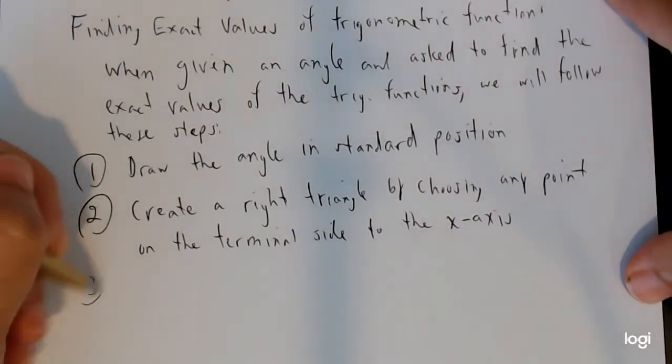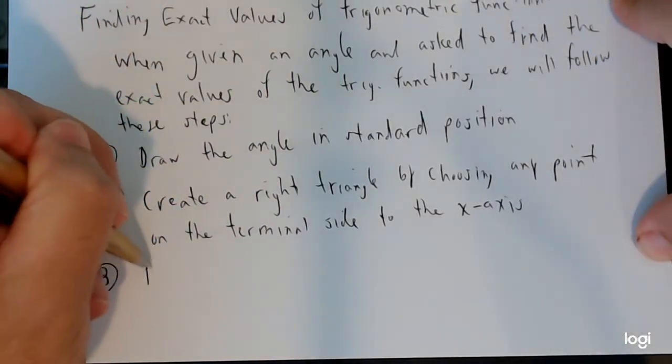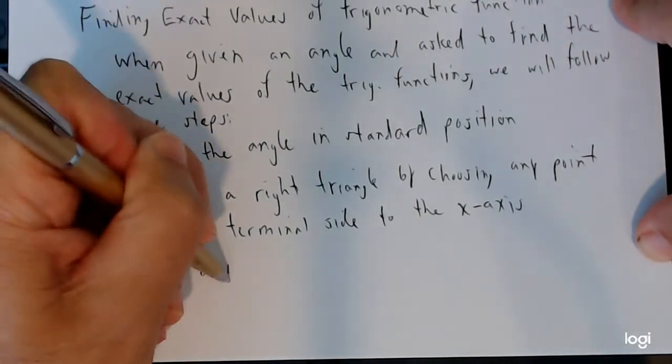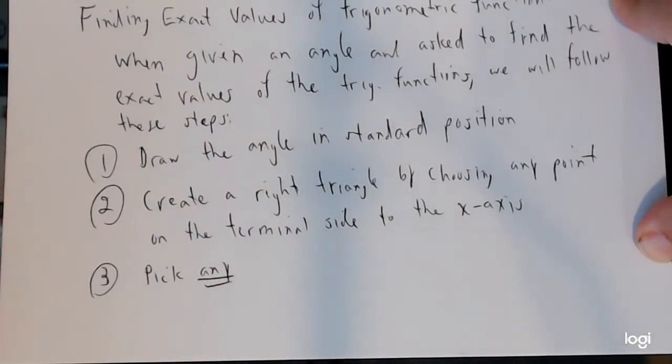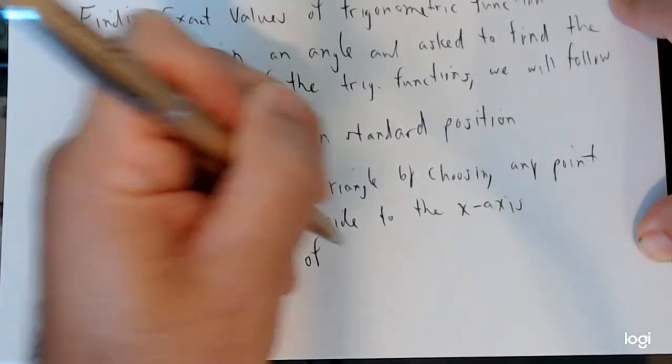And then what's going to happen, and this is the nice thing that you're going to notice, if I don't allow you to use a calculator, the trig functions that you're going to work with without calculators should give you the nice triangles to work with. So in step 3, we're going to say, look, pick any side, and I'll underline any. It really doesn't matter which side you pick. I mean, there's obviously ways around it. Through strategy, you could say, hey, I'm better off picking this side, but it really makes no difference. Pick any side of the triangle